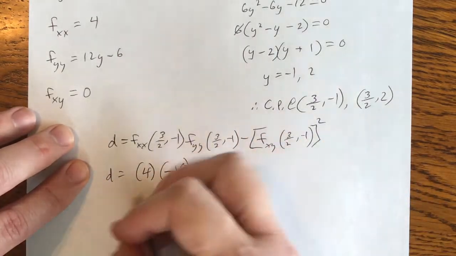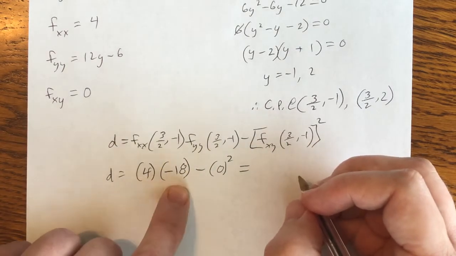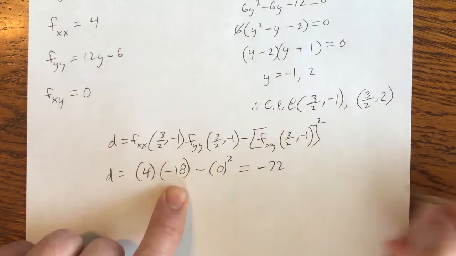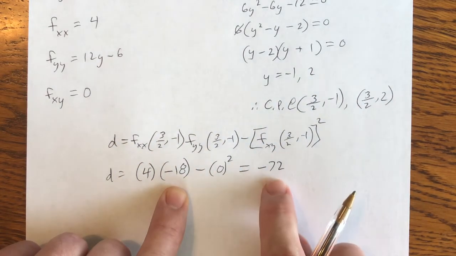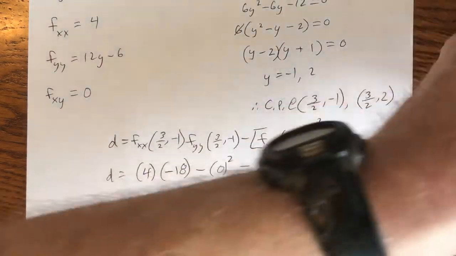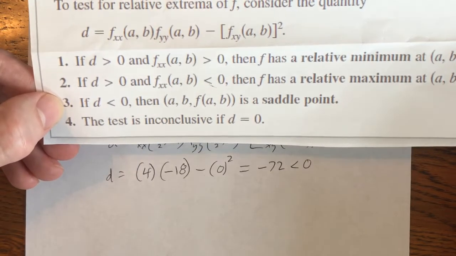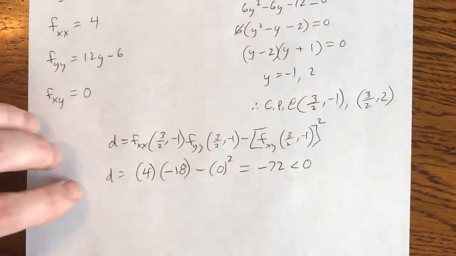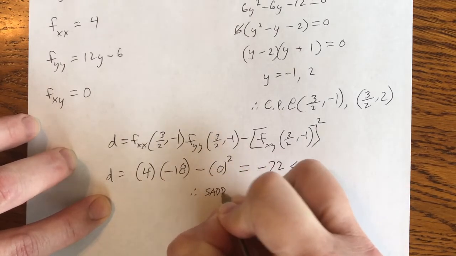All right. The bottom line is that this discriminant is going to be equal to what? Well, whatever this product is, which I believe is -72. Now, is -72 greater than or less than 0? It's less than 0. So because it's less than 0, you're looking at option number 3, which means we're going to get a saddle point. So, therefore, saddle point